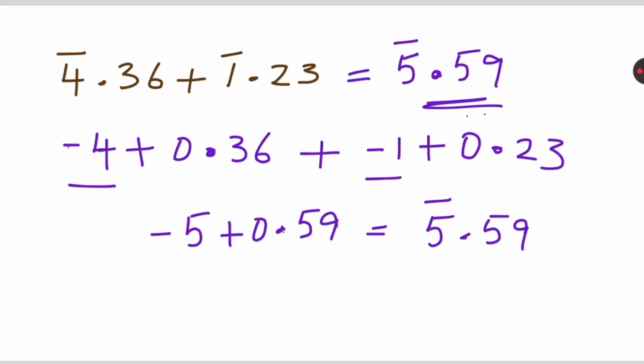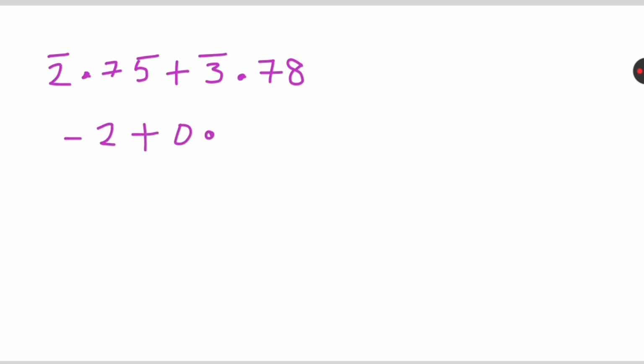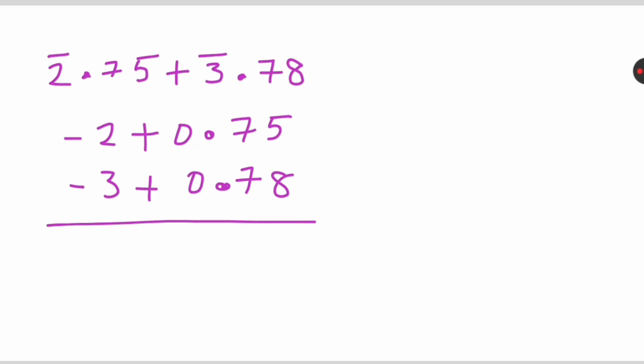So the result is 5 bar 0.59. That's it. Let's take one more example: 2 bar 0.75 plus 3 bar 0.78. How can you do it? So 2 bar 0.75, we can write as -2 plus 0.75. 3 bar 0.78, we can write as -3 plus 0.78. After adding these two, we get -2 -3, which gives -5, plus 0.75 plus 0.78, which gives